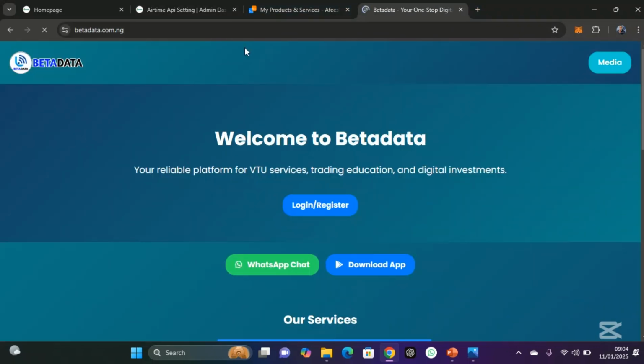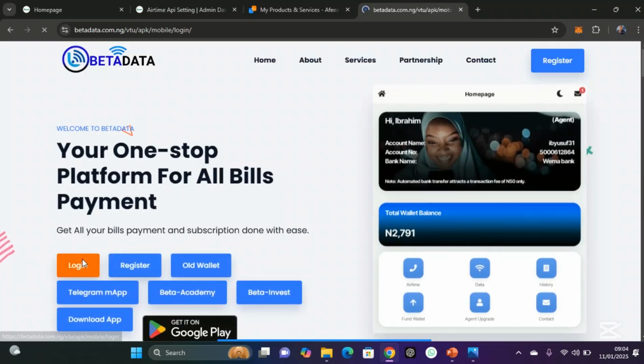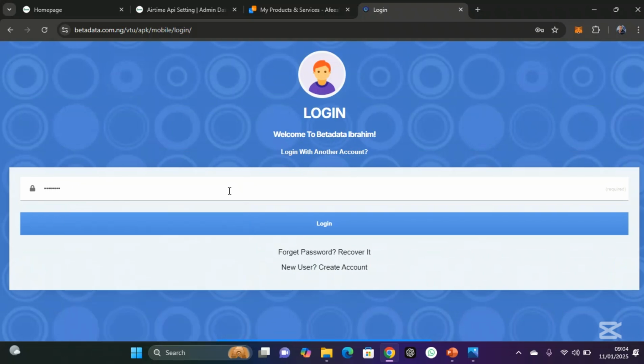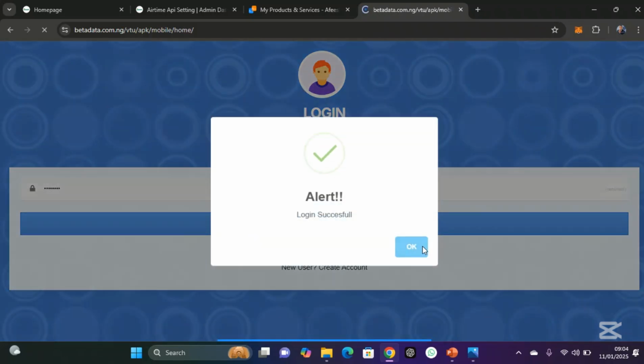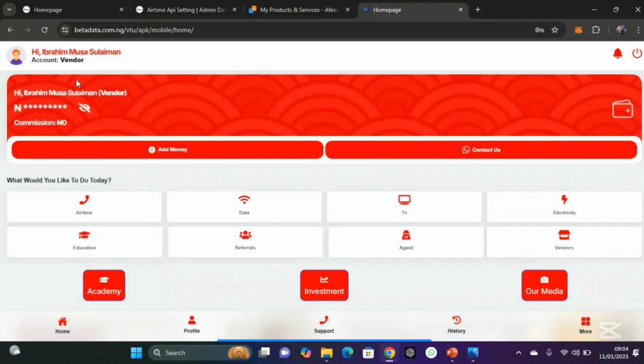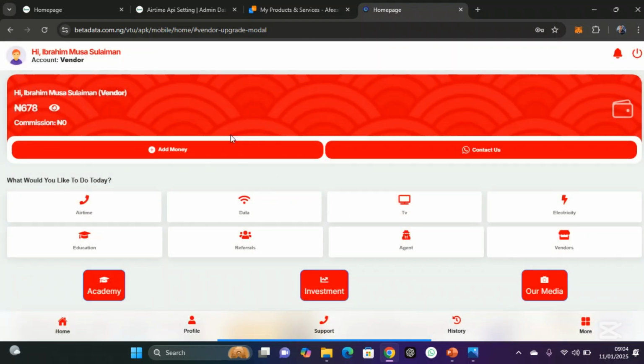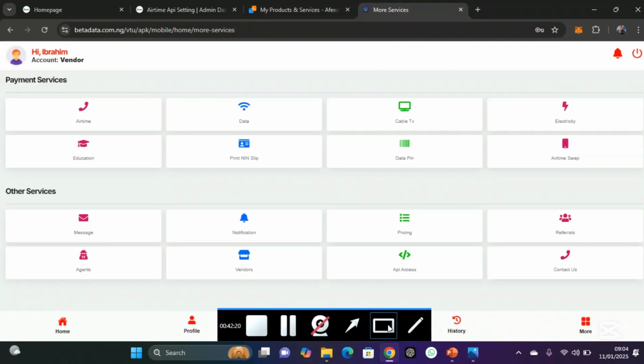Let me guide you on how to set this API. Sorry for using a bad word. This is Beta Data, the prepared and recommended API. Here I am now a vendor. You can upgrade to become a vendor when you are registered on this API. So click on more services and click on